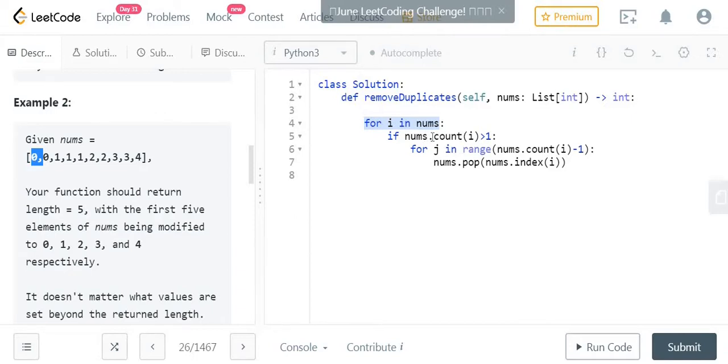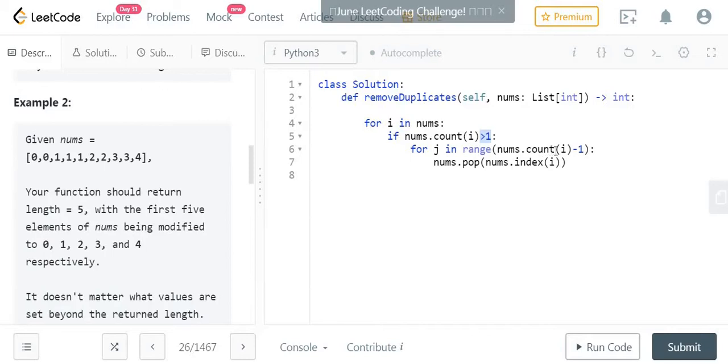Now it will check nums.count(i), the count of 0 in this nums list. It will be equal to 2, which is greater than 1. So it will go inside this for loop, for j in range of nums.count(i) minus 1.